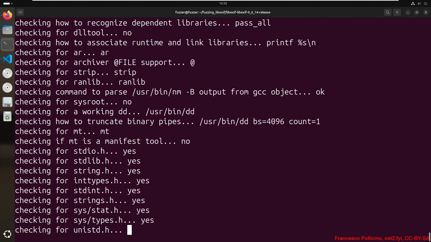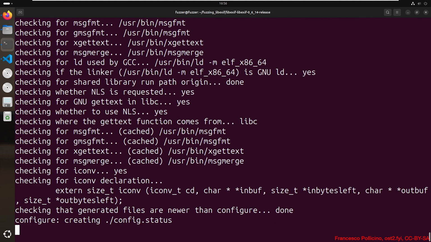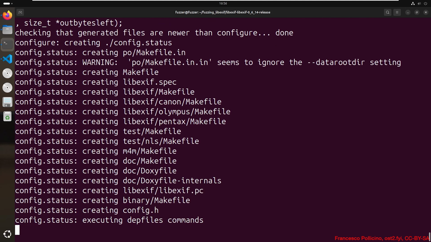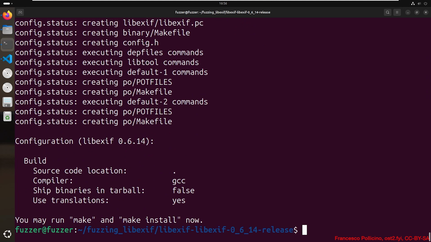Building a program or a library for fuzzing using static libraries can offer several key advantages compared with shared libraries. For example, with static libraries, the fuzzer directly works with the compiled code rather than relying on dynamic linking at runtime. This makes it easier to isolate the code being tested and control the environment. Static libraries are linked directly into the final executable, meaning everything the fuzzer interacts with is bundled into one binary, making it simpler to manage the fuzzing process.